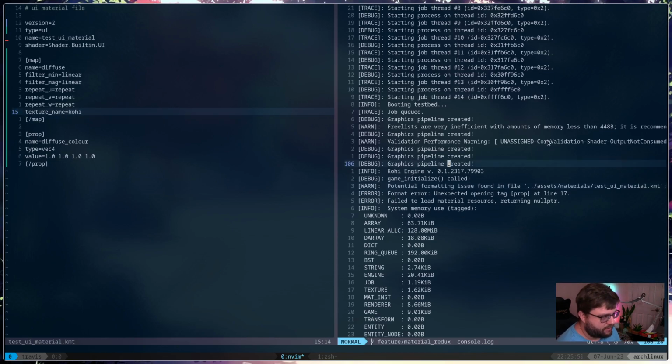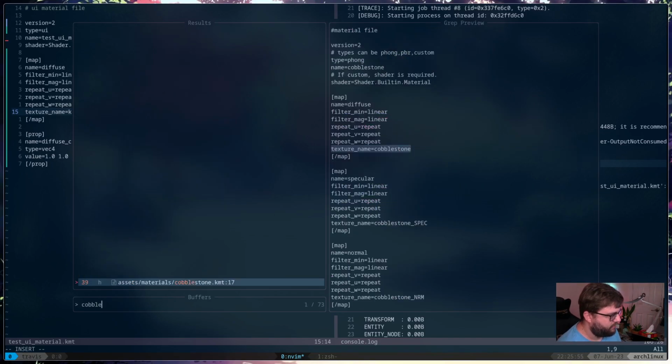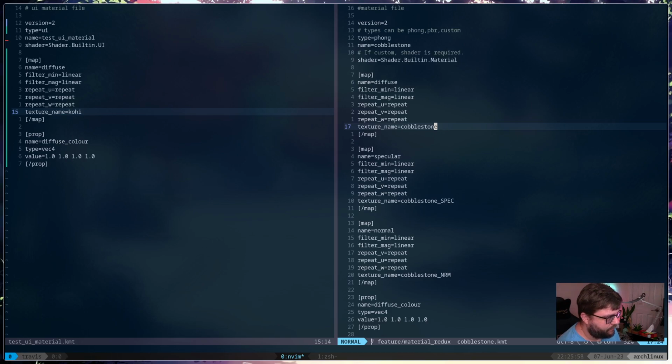If I compare this against another version 2 material file, it's literally the same format.